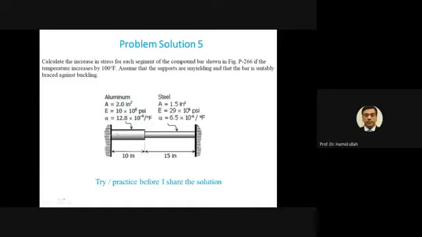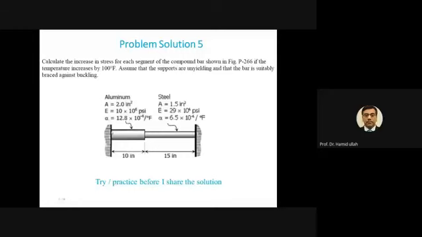So if, for example, there is a chance the body wants to buckle, meaning bend, to the top or to the right. There is a difference between bending and buckling. At this moment I don't want to explain that one. It is going to buckle, either to the top side or to the bottom side. So that buckling is also braced. The sentence means the body is suitably braced against buckling.